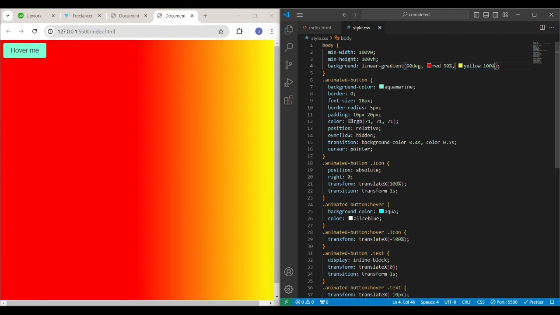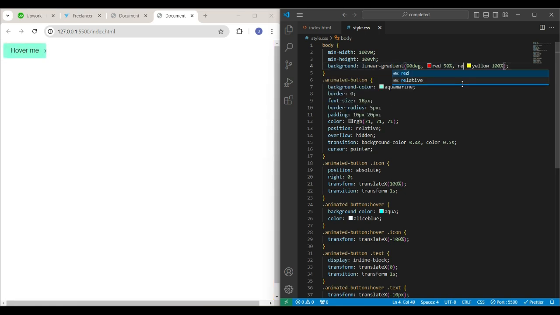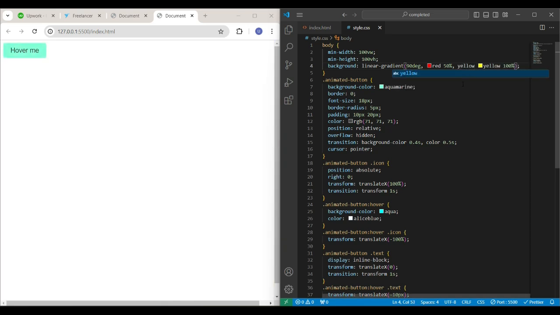So this is actually like the 50% is taking red, and beyond this 50%, the red is being transitioned into yellow smoothly. And in order to make it a hard transition, after 50%, yellow should also